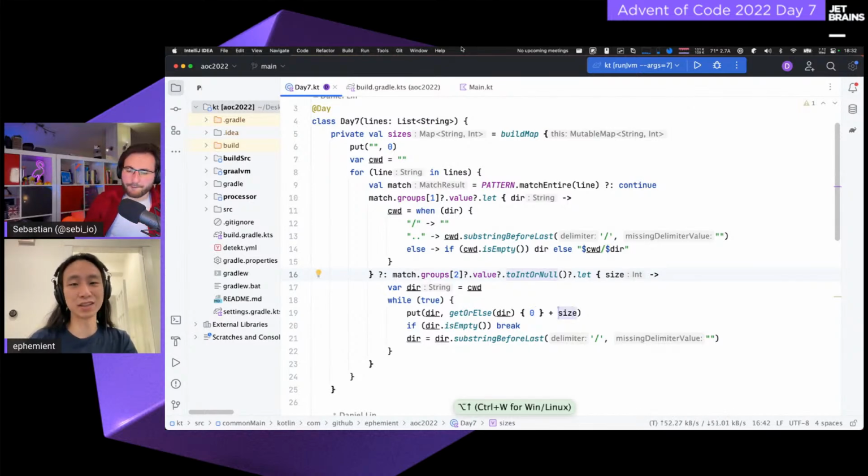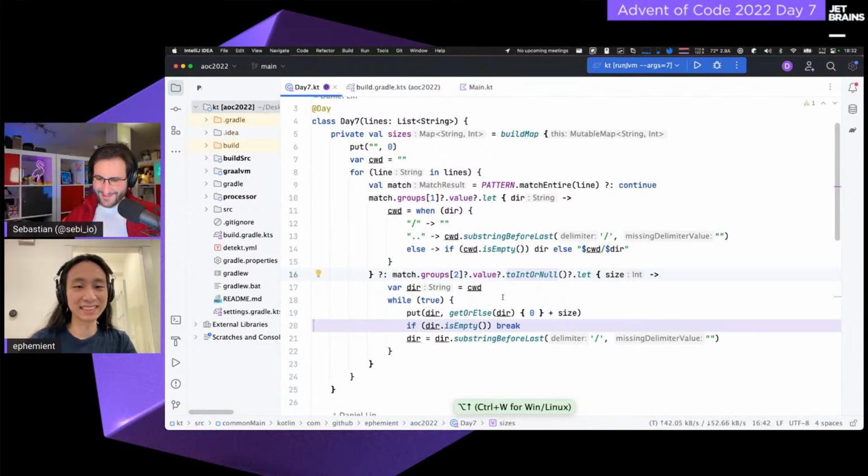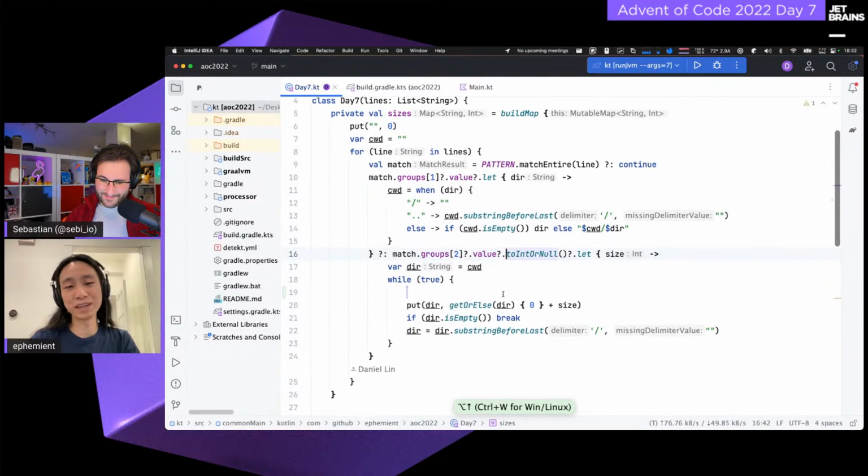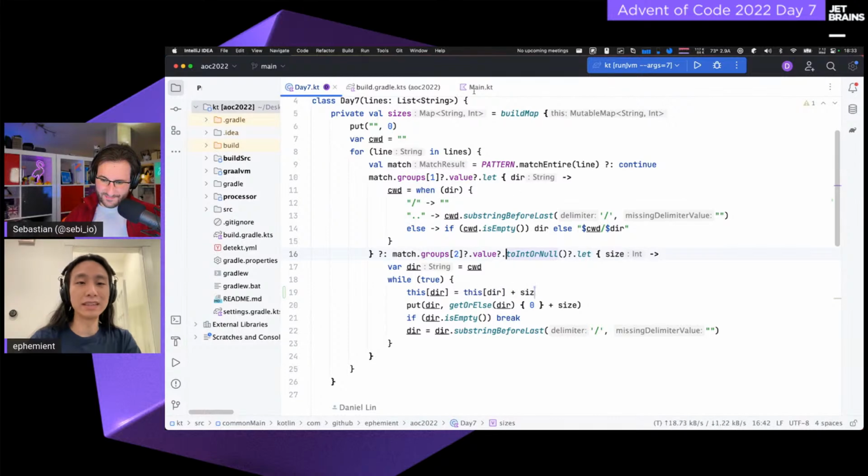And I want to add the current file size to it and put it back. You would like to write it like this, but it doesn't work because this returns possibly null. Okay.